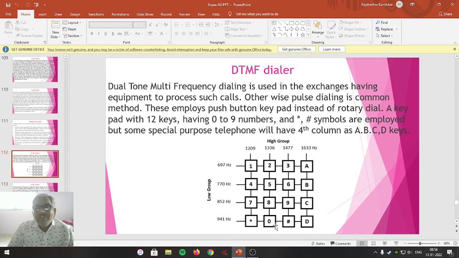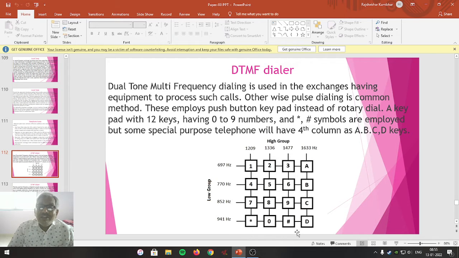In addition to that, it makes use of the star and hash keys, which are special keys used for fast dialing.